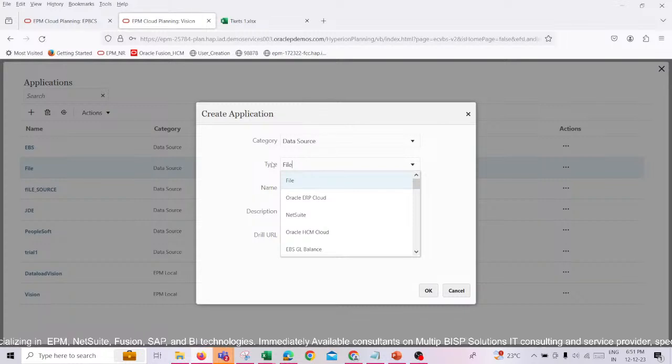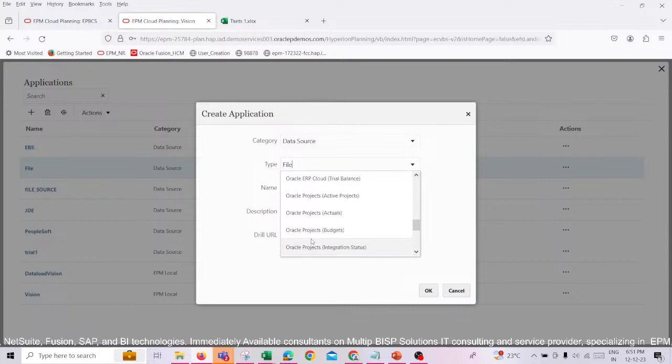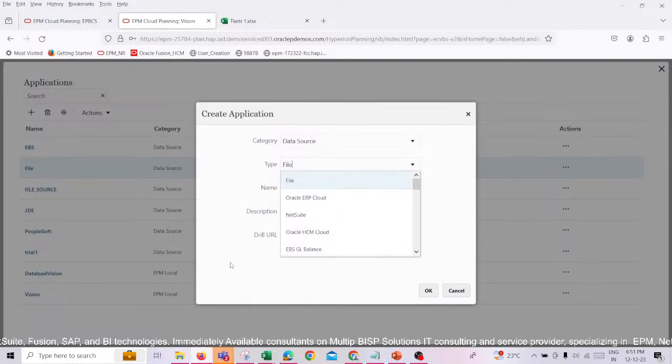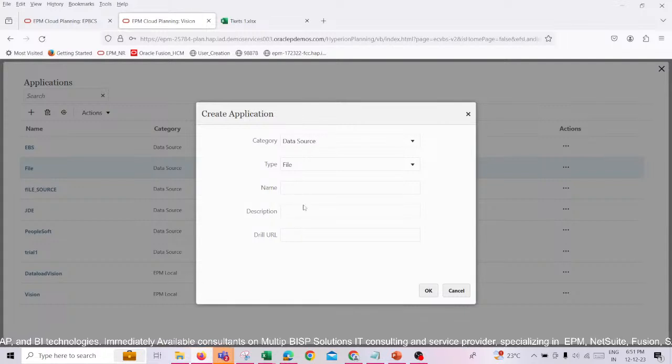If it's going to be from Oracle ERP Cloud or NetSuite or SCM Cloud or EBS GL balance, then in that case we are going to choose that integration type. Right now it is my file type integration, so I'll choose it over here. I'll give the name of the file, whatever I want to give, and a description as well from here. This is how we are going to create an application. So I'll select the file type and I will name it